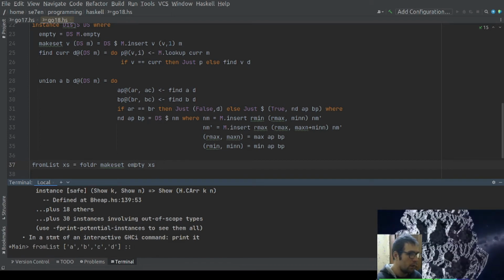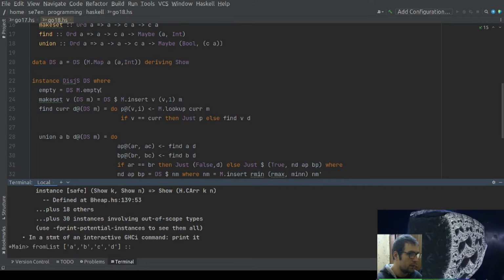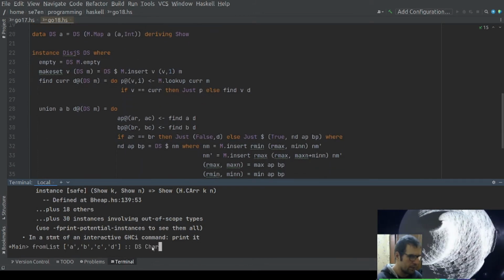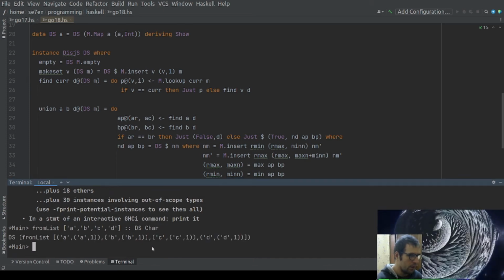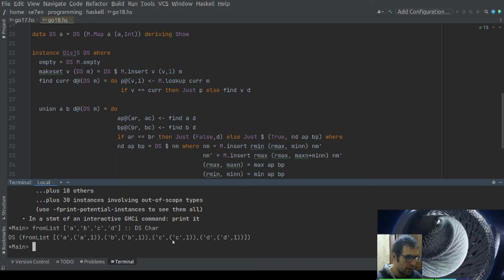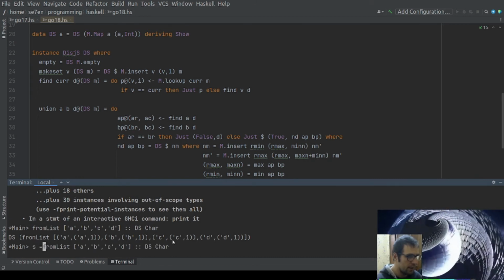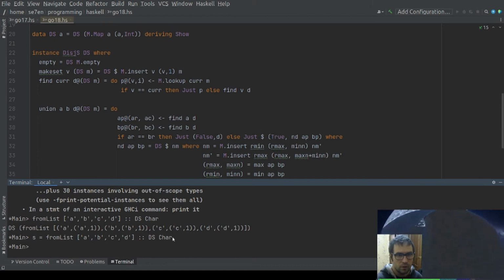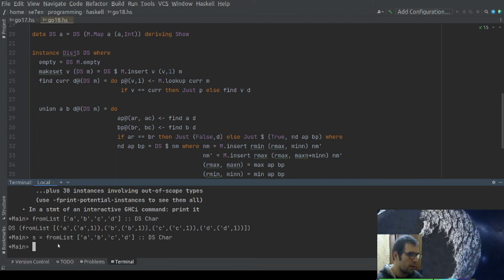Okay, and our type is DisjointSet with char. Okay, and now our set is created. Let's save this set here, and now I can try to